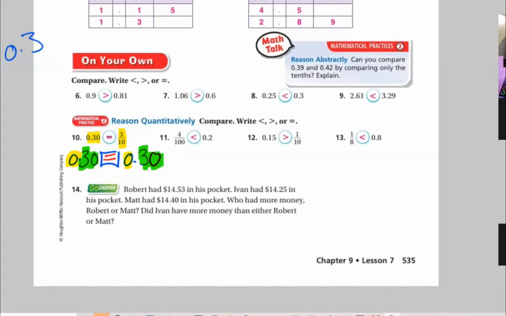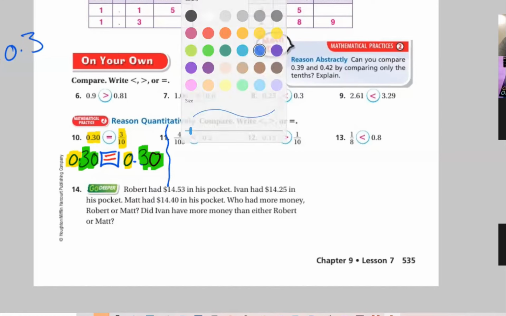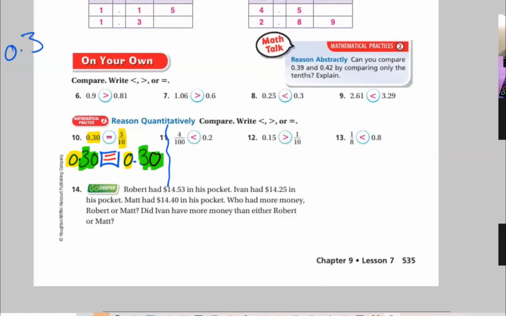I have ways, but I forgot one way. Okay, as you see here, 4/100 has 2 zeros in the denominator. So you have to write it as 0.04, as a decimal. So we're going to write 0.04,